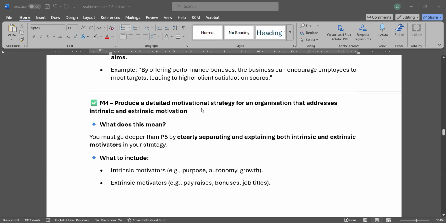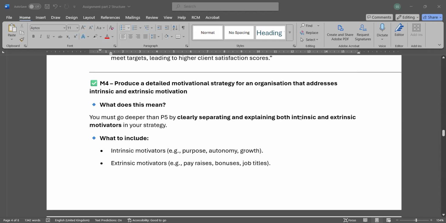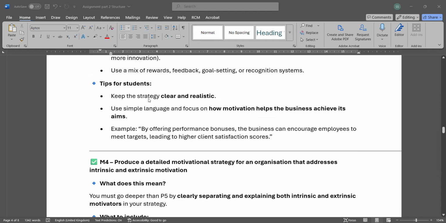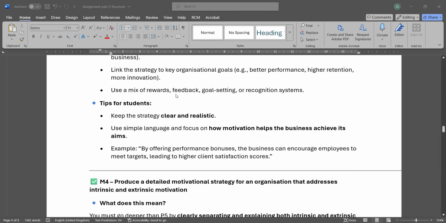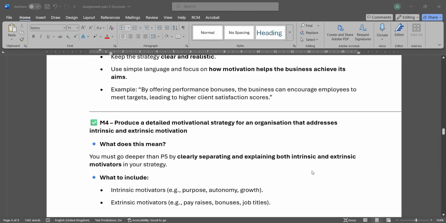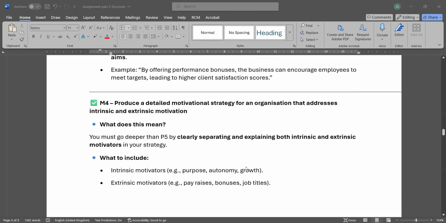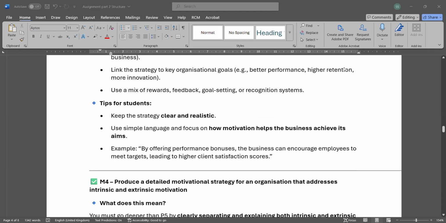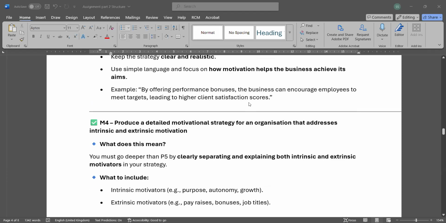If you want to go for M, I have already talked about it, you can talk about intrinsic and extrinsic elements. If you are including these elements over here, use of reward, and you are segregating what you are using as intrinsic and extrinsic motivators, then you are mentioning categorically which intrinsic and which extrinsic motivators you have used. Then you are connecting how this is going to be helpful to achieve the organization goal, and maybe for the employees' performance also.